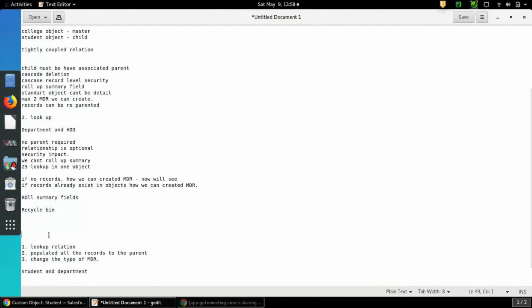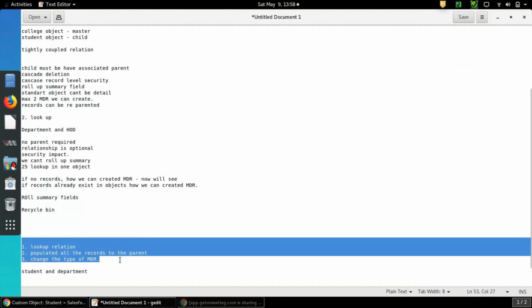Suppose records exist, you have to follow these steps to create a master detail relationship between the two objects. Okay, we have seen roll-up summary fields, how if records do not exist we can create master detail, how we can create lookup, and we have seen that if records exist, we cannot directly create master detail.